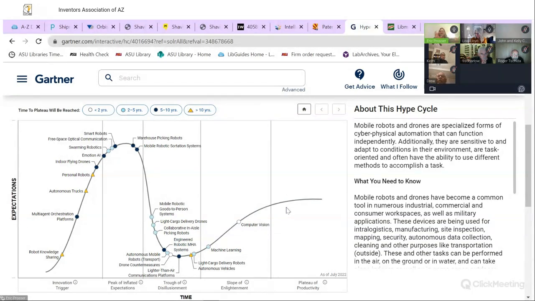Gartner has this information, and this is another one of those neat graphics you can throw into a pitch deck if you want. If you're talking to somebody about where you see this industry being in 2 years or 5 years, and this information is valuable or helps you make your case, it's one of those fun things to throw in. But again, you have to be sitting on ASU's campus for this, unfortunately.